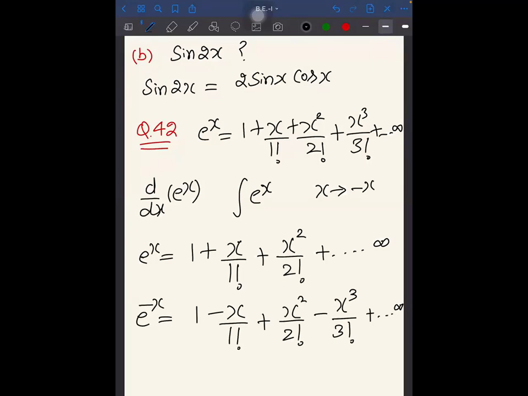These few questions are from exercise 8.8, question number 41 to 44. Up to 44 these are the same kind of question, where you either need to take the differentiation on both sides or the integration on both sides. Which exercise are we talking about? 8.8. Okay.